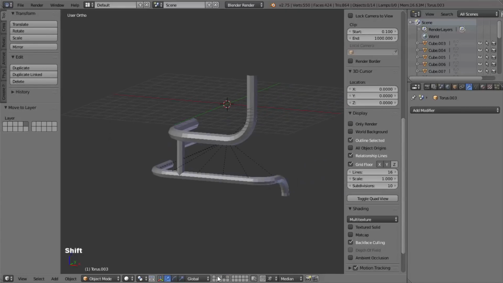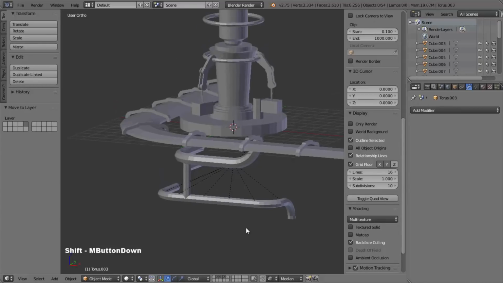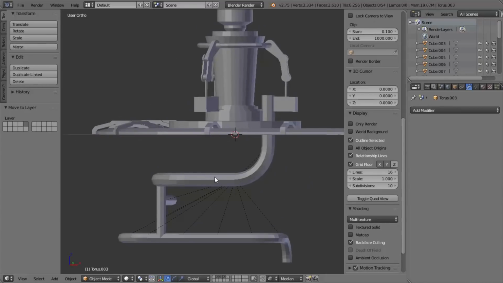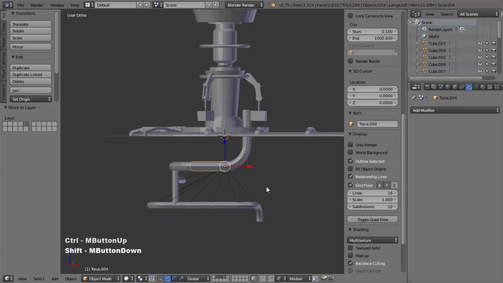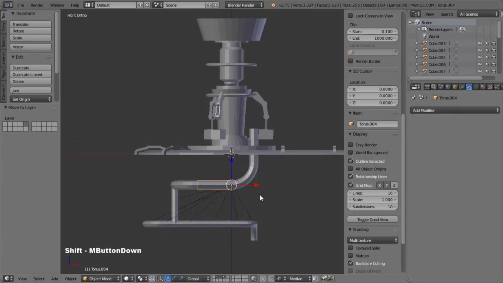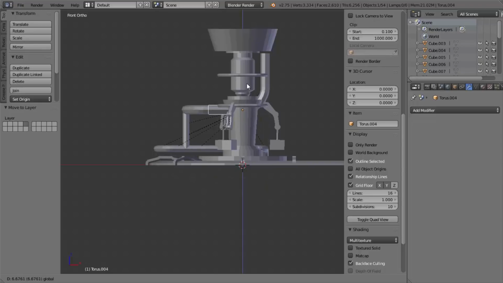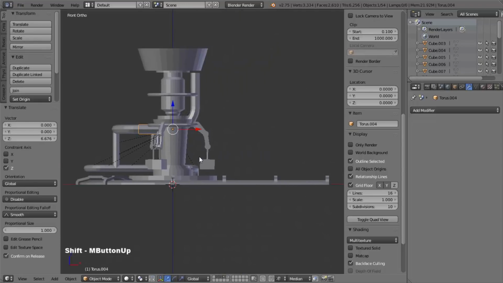Next I want to shift and click on my 2nd and 3rd layers to bring those objects back, and I'm going to select the parent of this pipe group, and I'm going to go into my front view and move them up so that the bend at the bottom of this pipe here is pretty much resting on the ground. And as I mentioned before, I'm just going to eyeball this until I've got the Cavem in place,